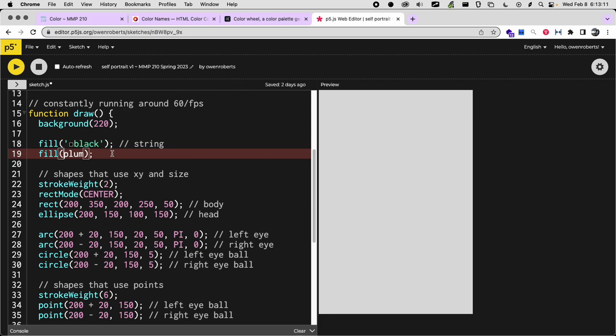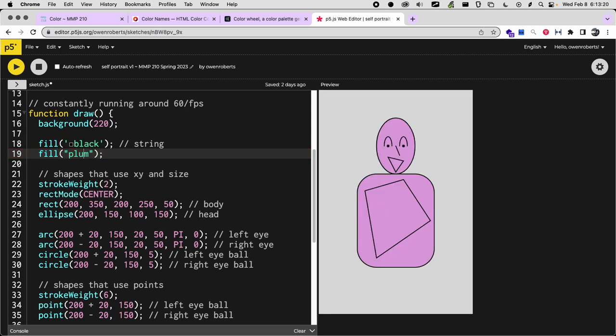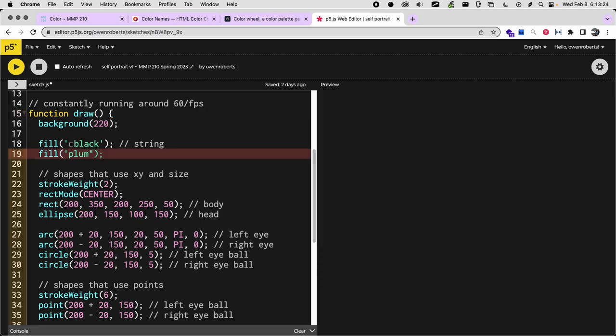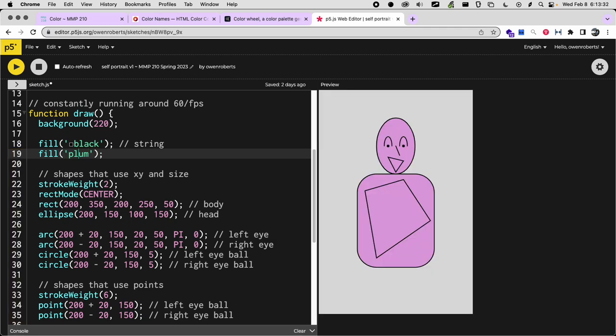So for those string values to work, I need them to have quotation marks. They can be single quotation marks or double quotation marks. JavaScript is fine with either one. You can't mix them though. If I put a single quotation mark in the front and a double quotation mark in the back, I'm going to get an error there. So you can use either one. It doesn't really matter. I tend to use single quotation marks, but different people have different